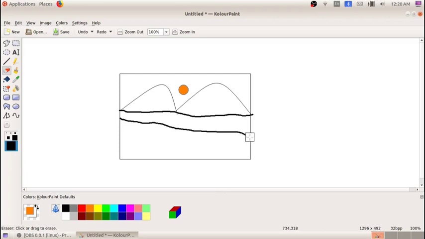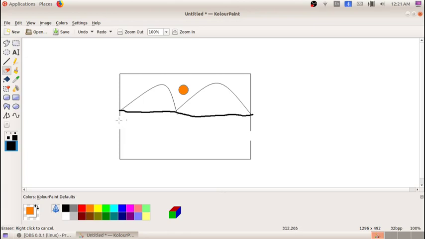You can erase it two ways. Either you can make a left click on the mouse, or you can make a right click on the mouse. If you make a left click on the mouse, it will take the background color. What is the background color here? White. So it will use white color if you make the left click.